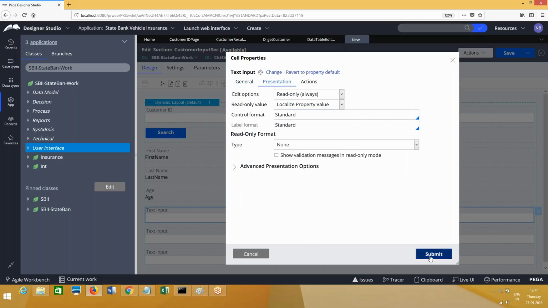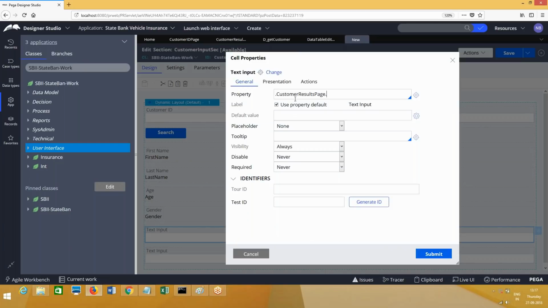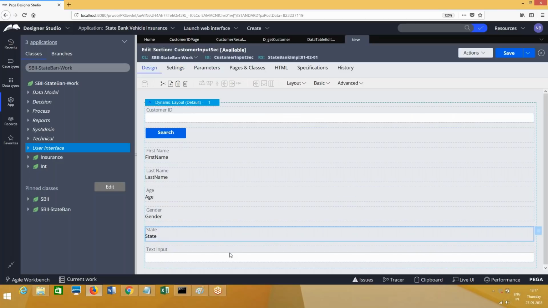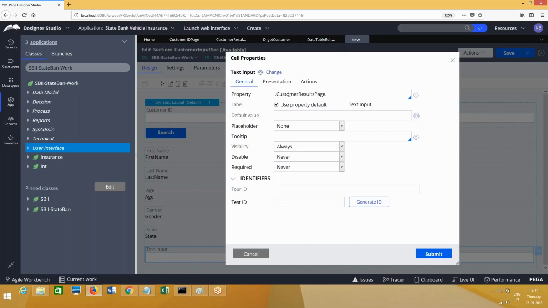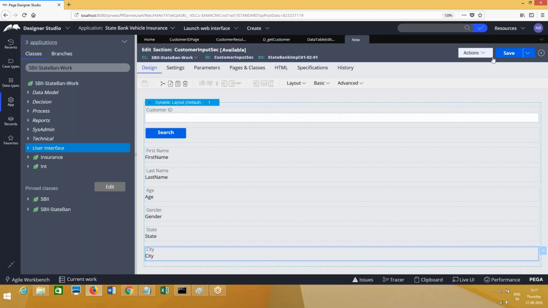Because I do not want to spend much time here explaining this requirement, or much time on the user interface. By this time you are learning this, you should have clear knowledge about how to create multiple sections and include sections, and how to make everything read only at a time. All this knowledge you should have. Considering that you are already aware of the basics of Pega, I'm going to make this example like this, creating everything simply. So now the section is created.